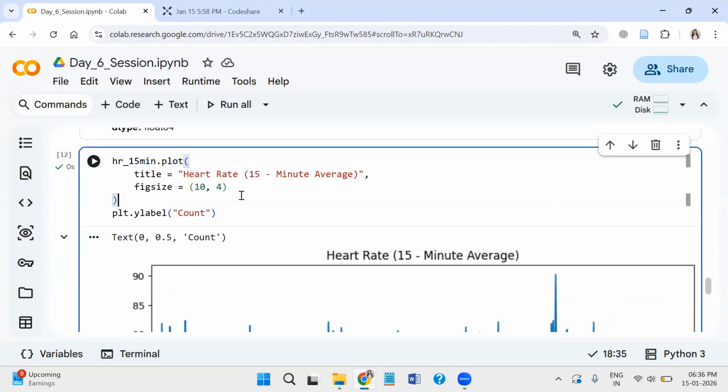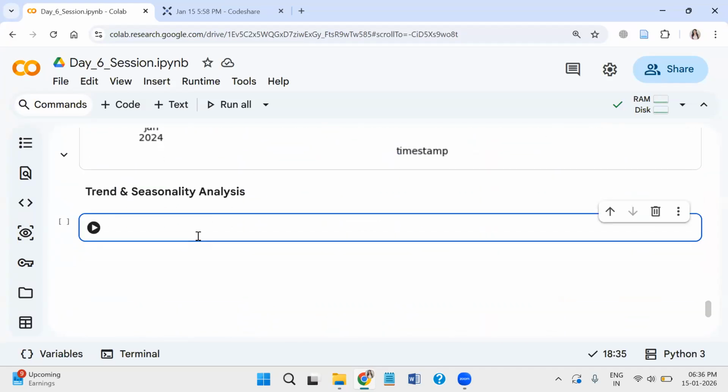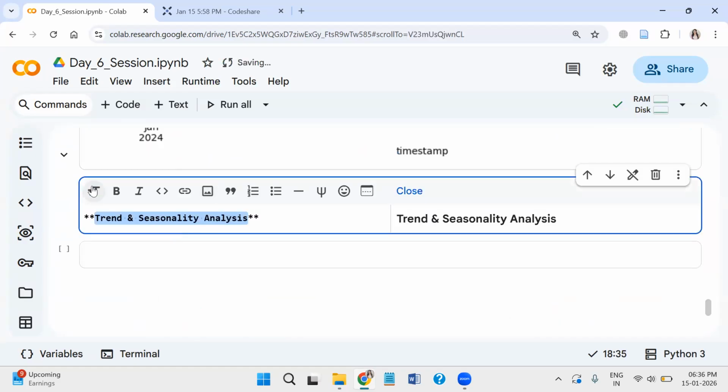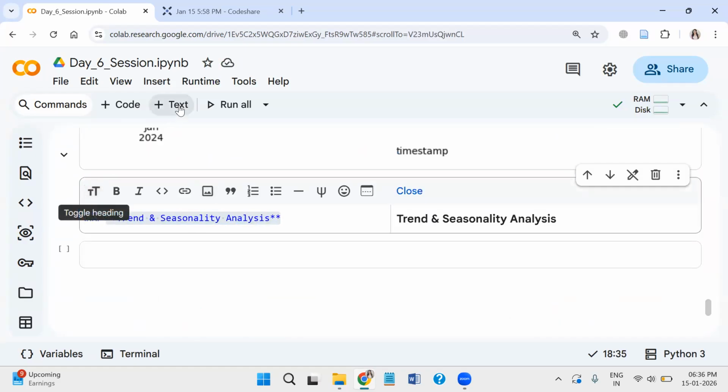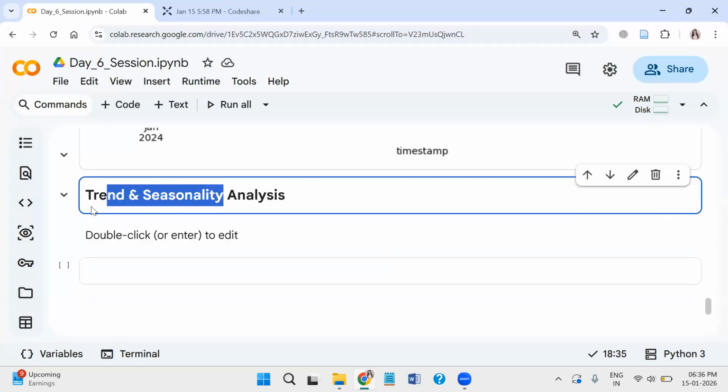I hope we are all good up to this. So now in the next step, I'm adding here for time series analysis and to judge trend and seasonality. These keywords are very important when we are dealing with time series data, because time series is all about trend prediction. What is happening in the current observation scale, how it may change with time, like trend and